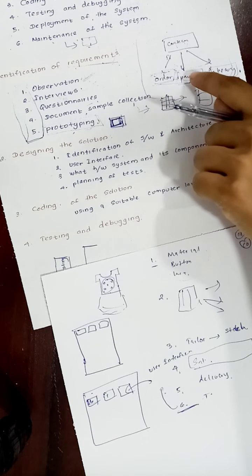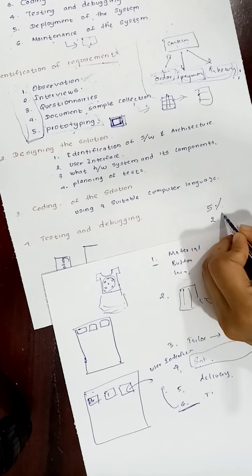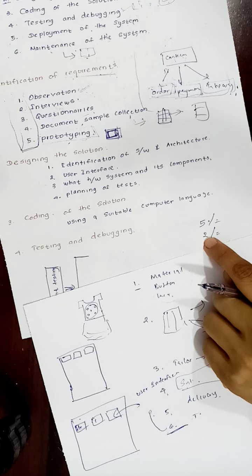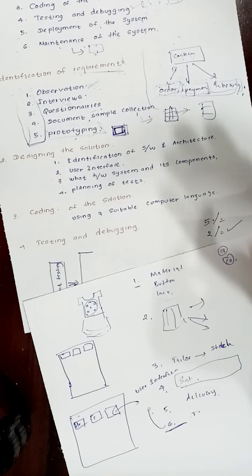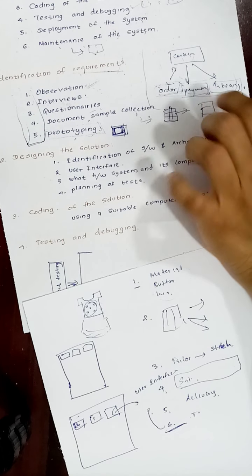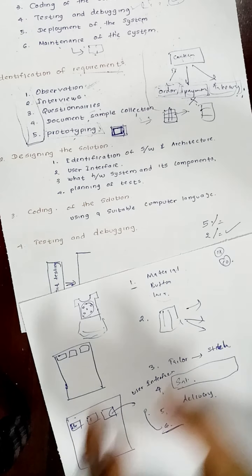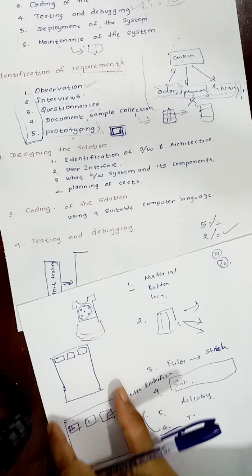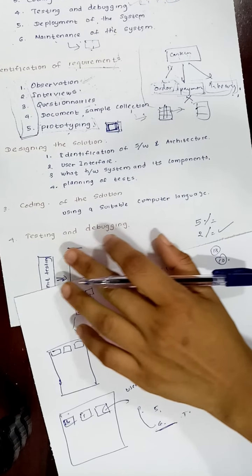They tell me the bun price is 5 rupees. If I pay 2 rupees, it is insufficient. Money is not enough to buy. So if this option accepts 2 rupees, then this payment function is wrong. So this software is wrong. Likewise, we have to check whether the developed functions are correct or not. That is testing and debugging.